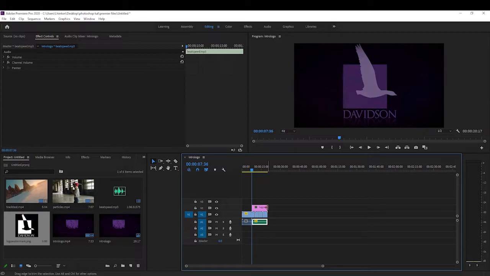So you see what I just did there? I just clicked on the edge of that and extended how long that's going to stay on screen for. Because it's an image, it's easy enough to do that because it doesn't have to adjust any